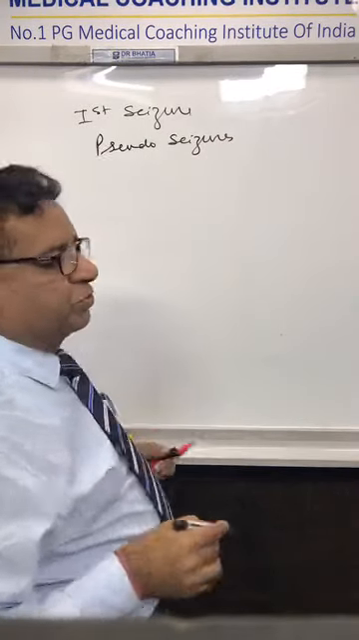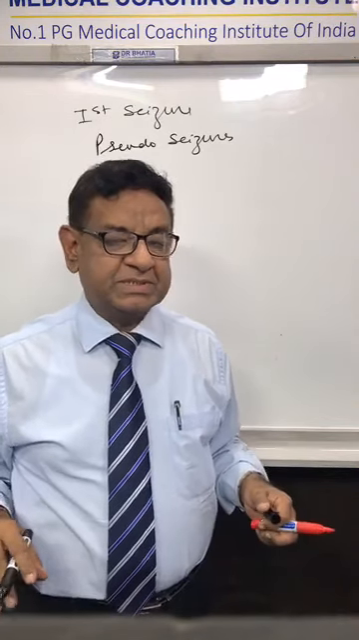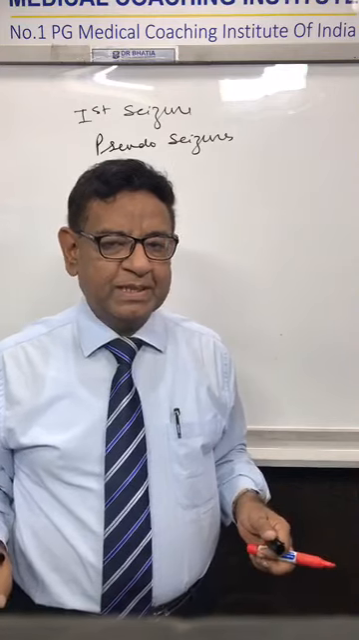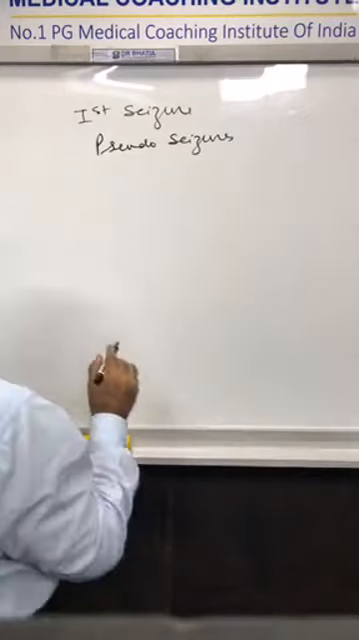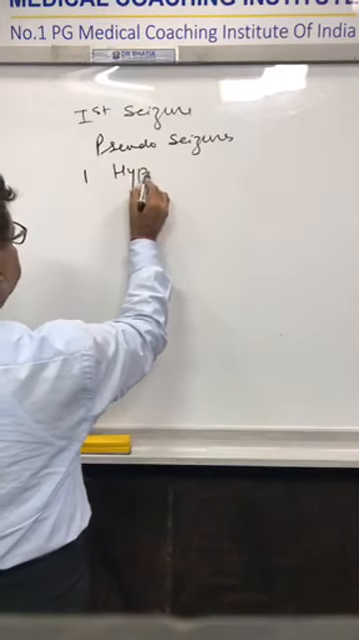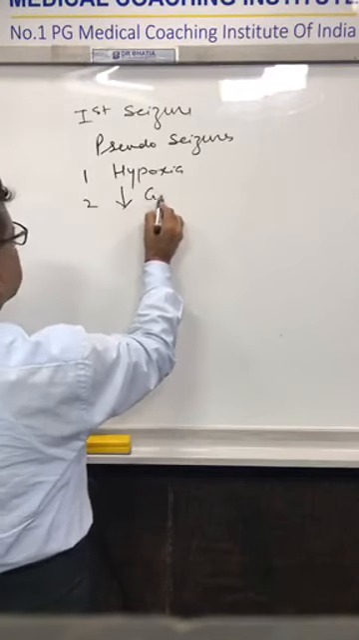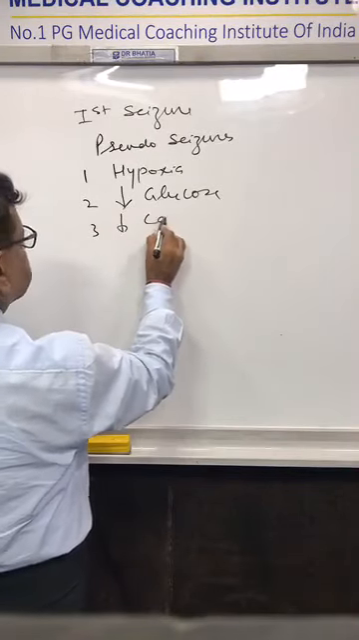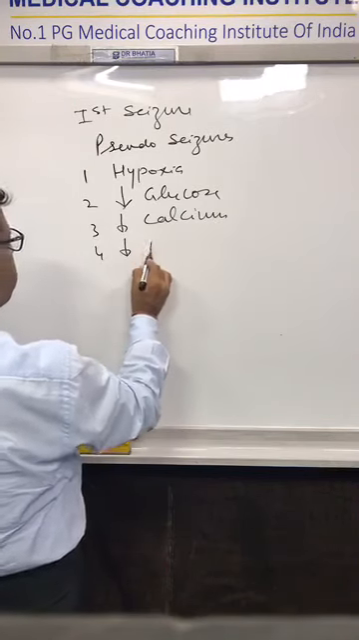What do you mean by pseudo-seizure? There are many conditions where a patient may develop seizure, but not due to some actual brain problem. Now, what are the conditions where we can have pseudo-seizures? Like hypoxia, low glucose, hypoglycemia, low calcium, hyponatremia,